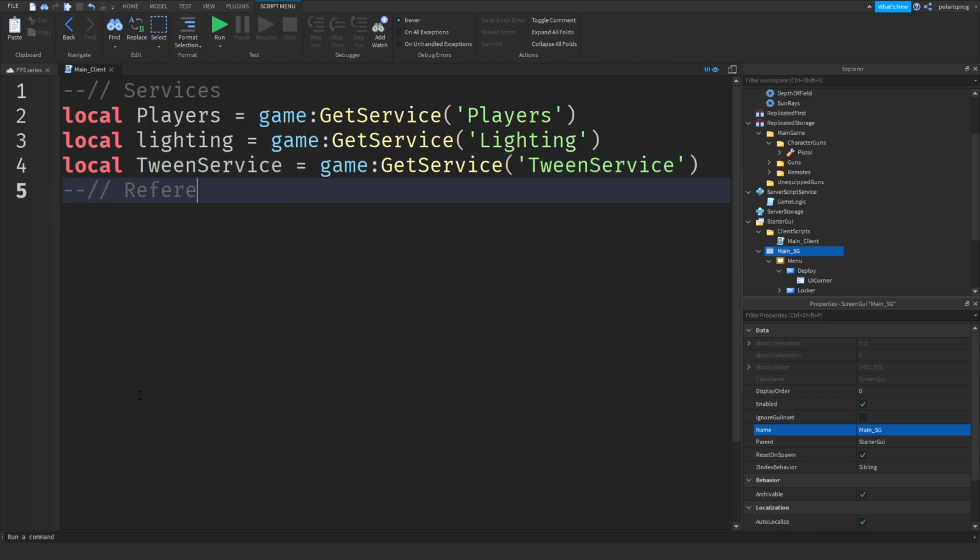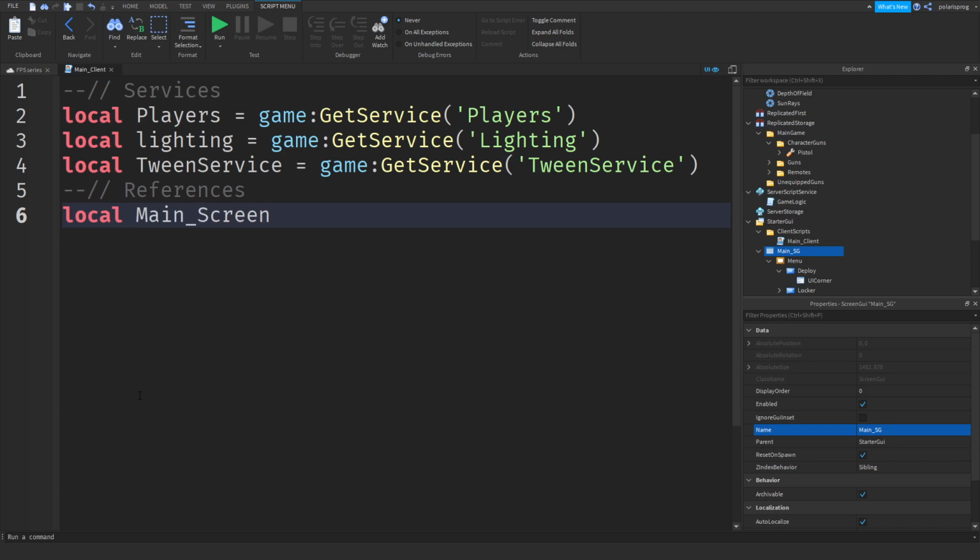So references, and we're gonna get a reference to the main screen GUI. So local MSG is equal to, or actually that sounds more like a message, so local main